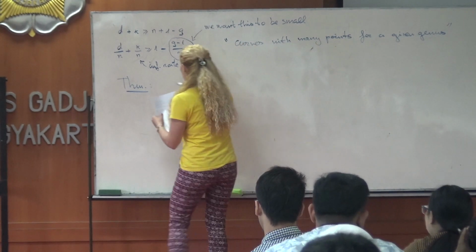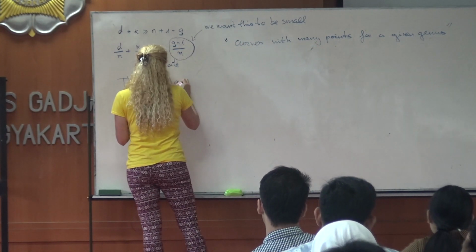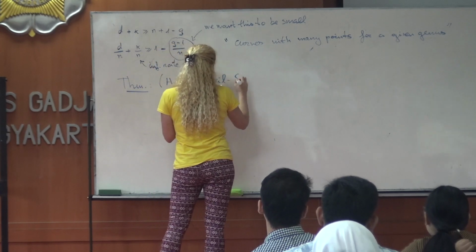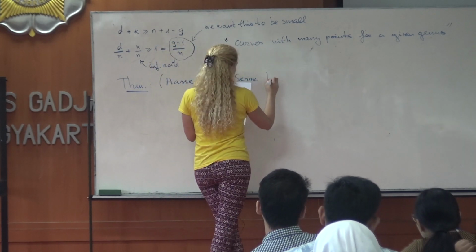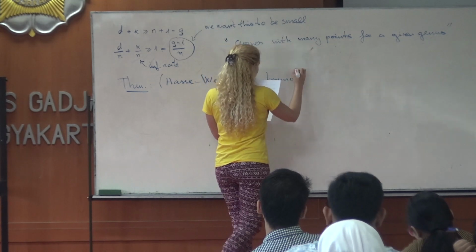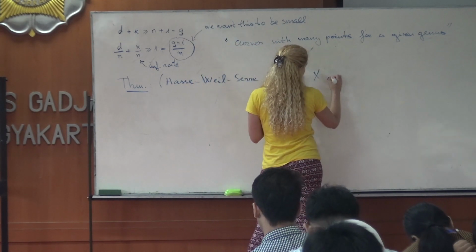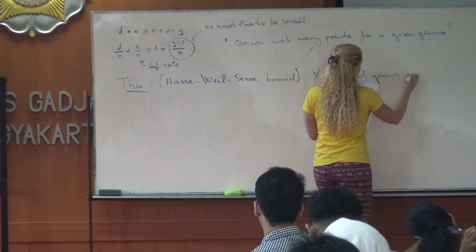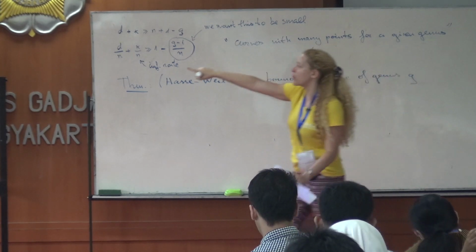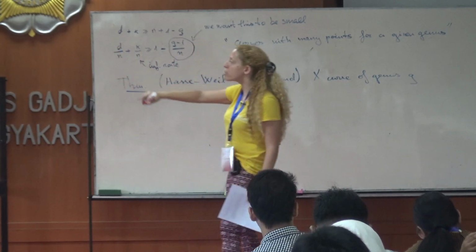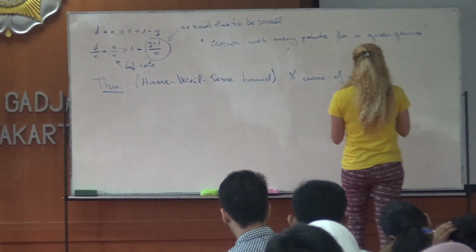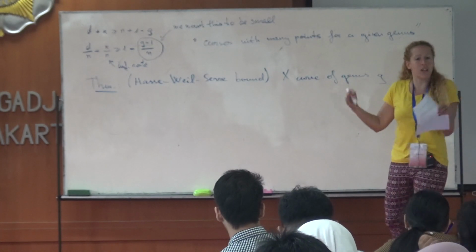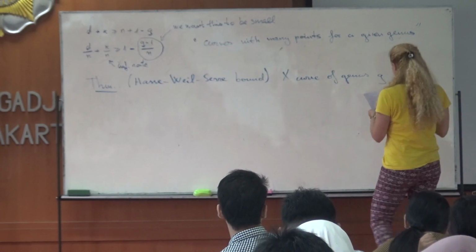This theorem is called the Hasse-Weil-Serre bound and says that if X is a curve of genus g, again, I need the curve with the properties that I wrote here, like absolutely irreducible and non-singular, and projective and so many good things. So if I have a good curve